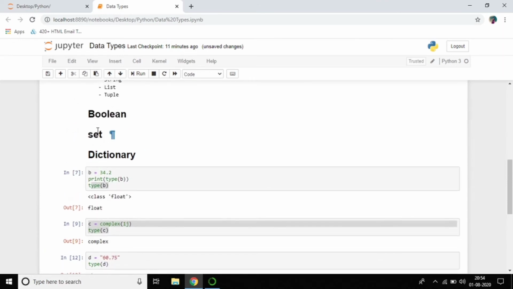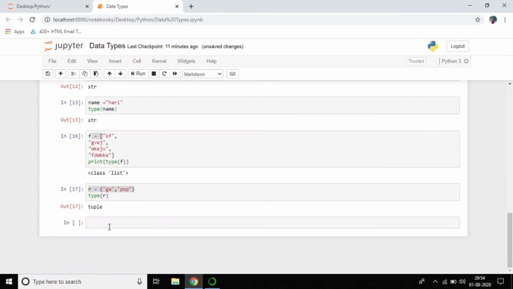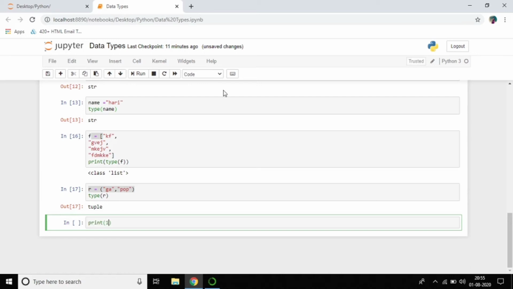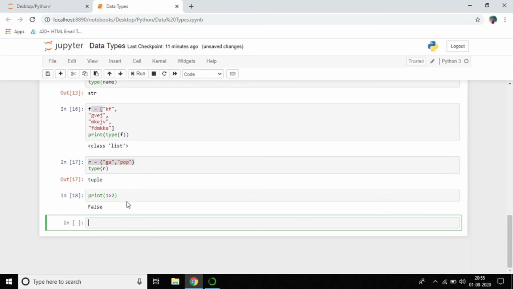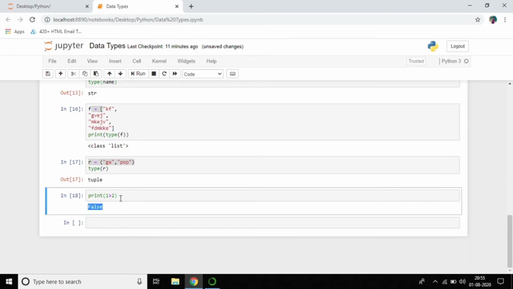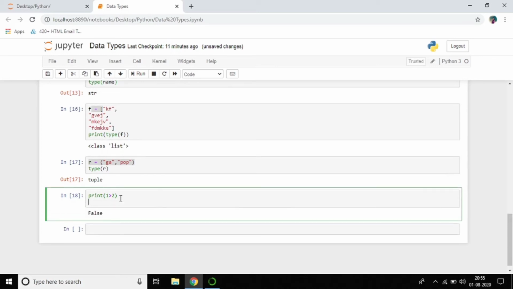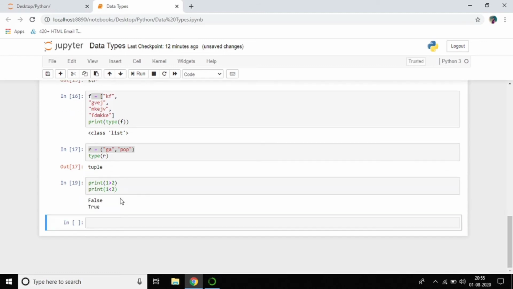Next one is boolean. What is meant by boolean? We all know boolean is true or false. I'll print 10 1 greater than true, it says false, because it's checking true or false. If I print 1 less than true, of course it says true.